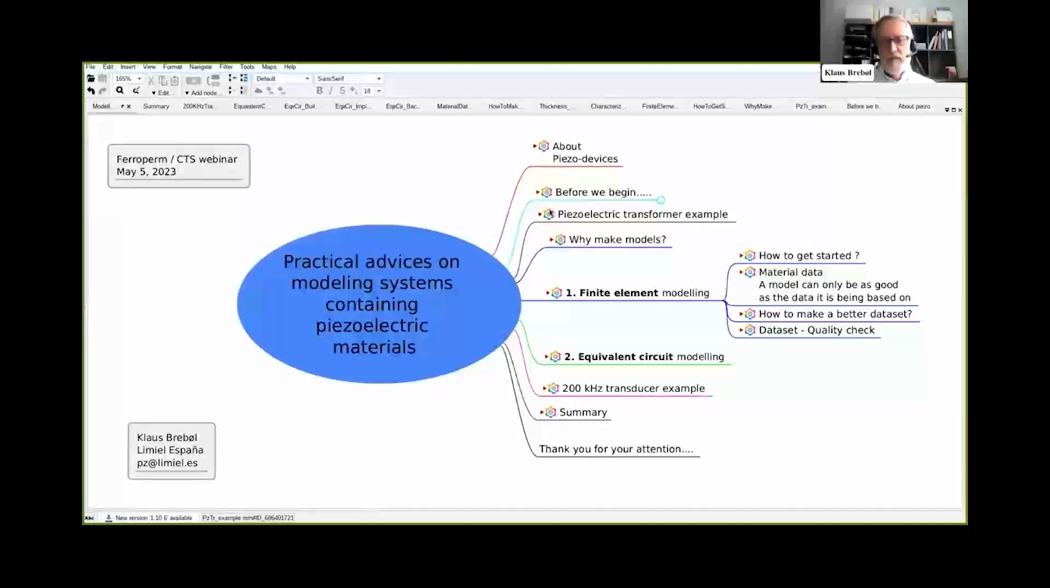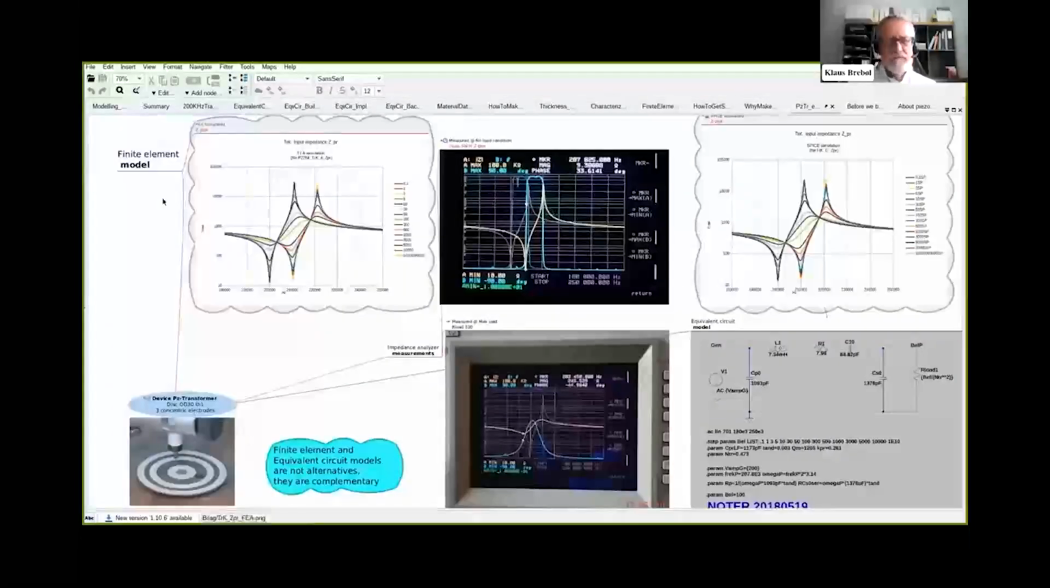As an example of what I do when I do modeling, I will show you this transformer. It's a disk with 3 concentric electrodes, and the electrode pattern is the same at the lower side of the disk. It all began as a finite element model, and once I was happy with the result of the simulations,